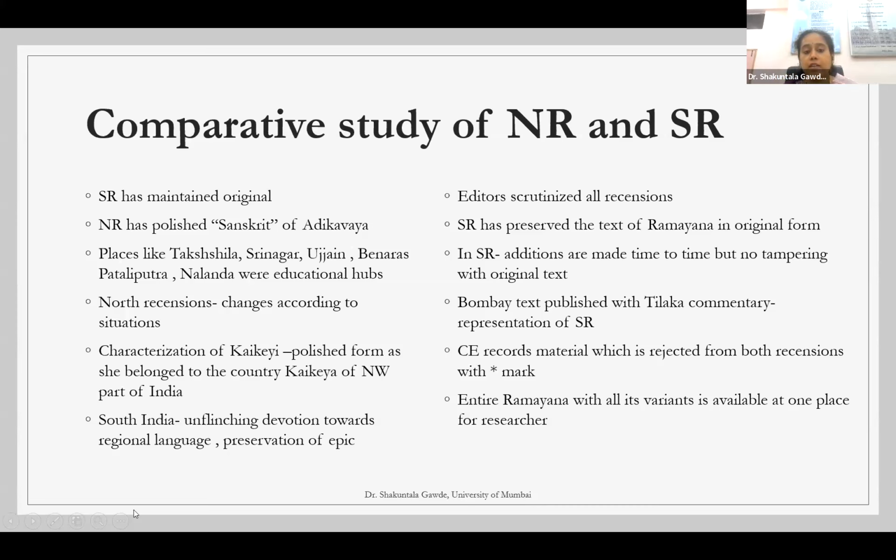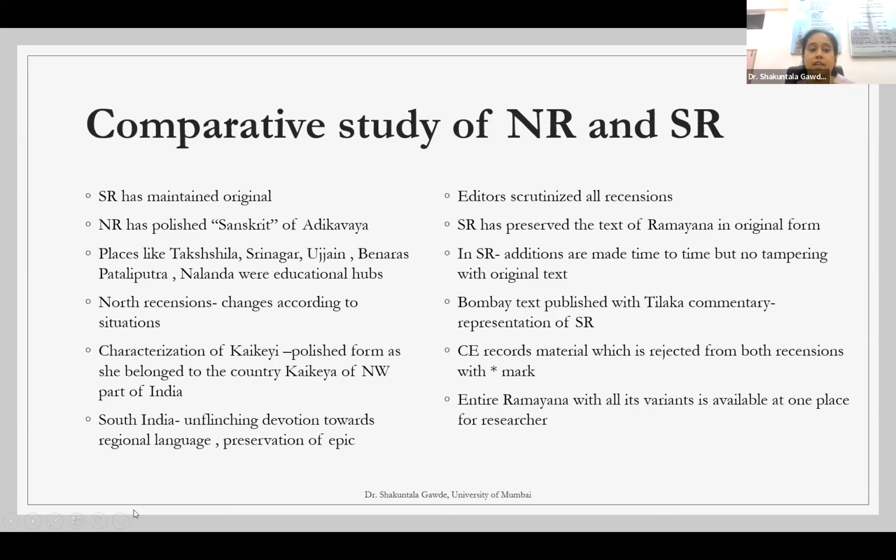Suppose the first shloka of the Valmiki Ramayana is Tapasvadhyaya Niratam, etc. In all the manuscripts, though it is the first verse, they start with some benedictory expression like Shri Ganeshaya Namaha, or they are paying their salutations to Valmiki, or to Vishnu, like that. So those beginnings are also recorded in the footnotes. Those variants which are available are also recorded in the footnotes.